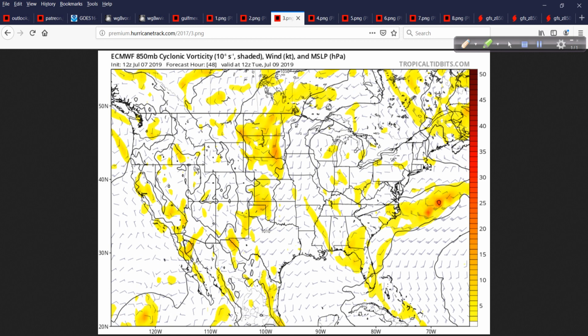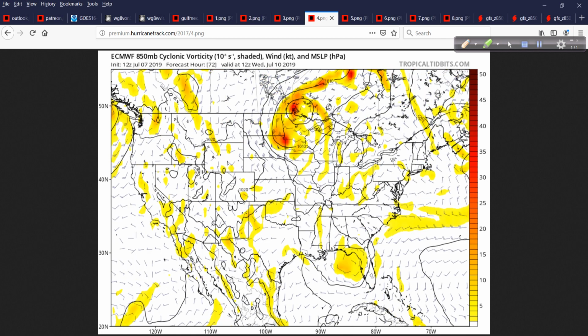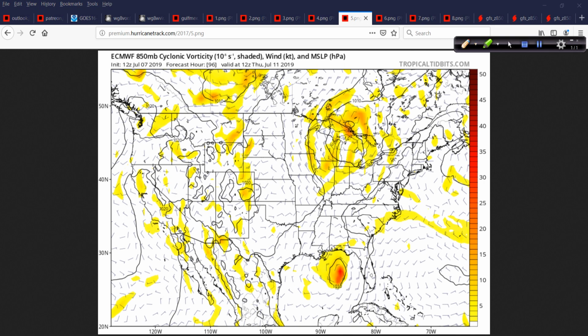So that's Monday morning. Here's Tuesday morning, and our system, the energy, starting to drop into the Northeast Gulf. Still not very well organized. So that's 48 hours out. There's Wednesday morning, and then finally Thursday morning. It's a lot more concentrated there in the, what would you call that, almost the East Central Gulf. Okay. Nothing to get alarmed about, but this is 96 hours out, 4 days out, Thursday morning, and it's got a fairly healthy look to it over very warm water. And you notice where that energy is, right there. You see? And again, if we go back to look at that heat content map,